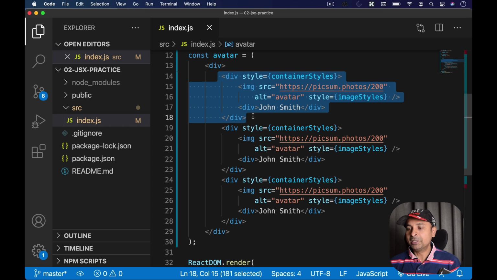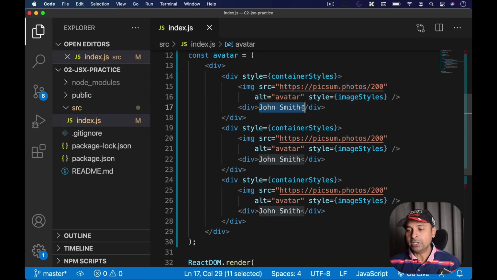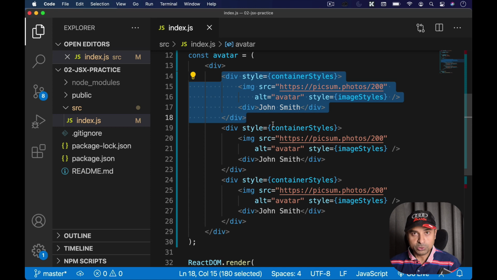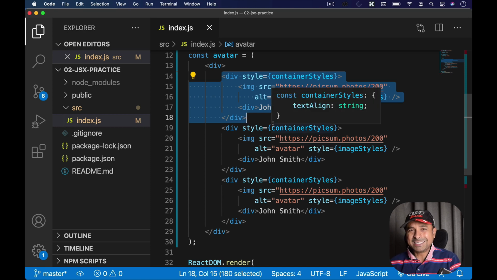So in our case, if I want to make it easy, I think this is like a user, right? So we have a user image and we have a user name. So maybe we can call it a user component. So let's give it a name which is easy to understand, easy to identify, because writing code is one thing, but later on after a year or 6 months, you need to go into that code again to fix bugs probably, or to create another component from that previously created component. So giving descriptive names to your variables, your functions, your components is really important.